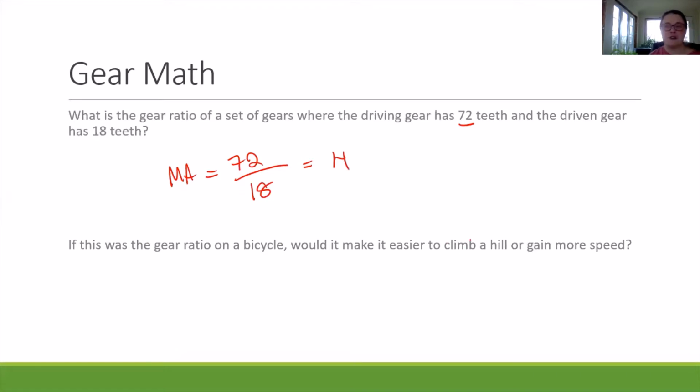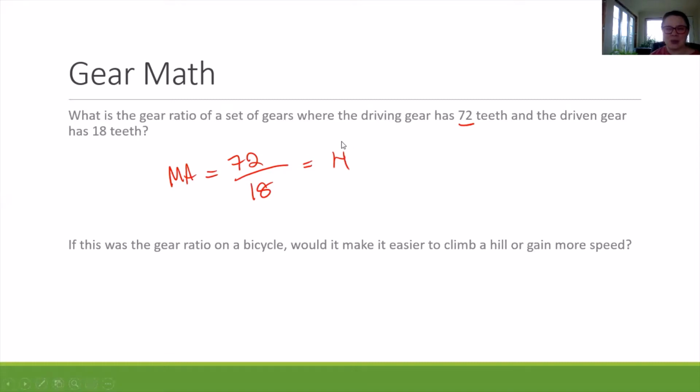So it's going to have 4 times less torque, but we're going to find on the output gear, because the big gear is turning the little one, that it has 4 times more speed applied. If this was the gear ratio on a bike, would it make it easier to climb a hill or to gain more speed? So